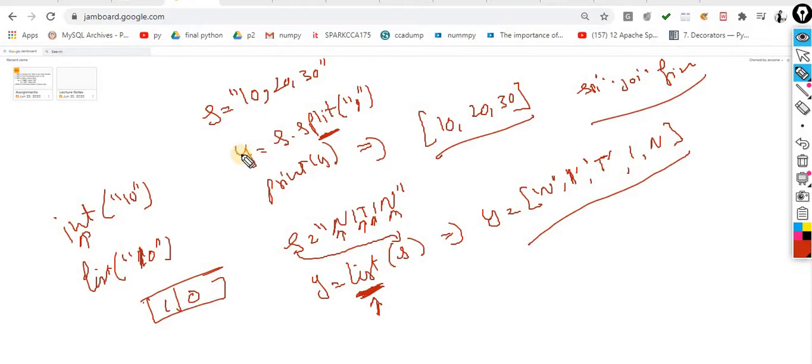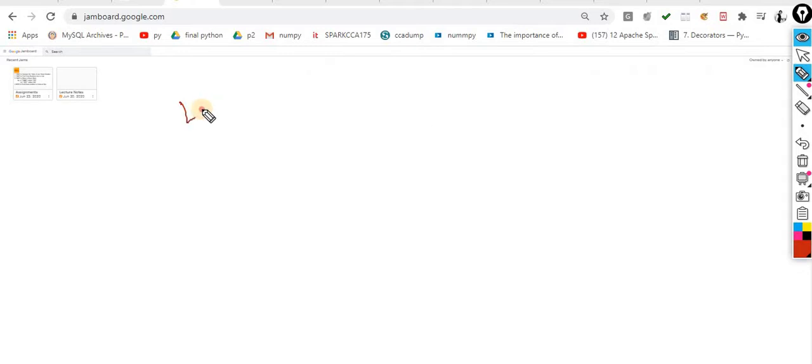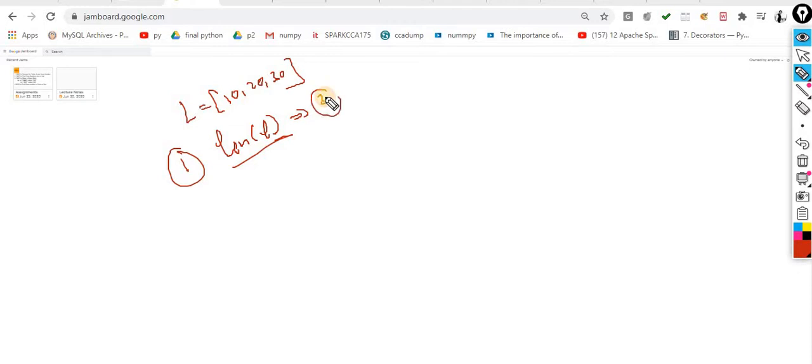Now what are the methods associated with this list? First we understand the functions, then we will move to the list. The first function associated with the list is len, already discussed. It will return you the length, and the length of this one is 3.